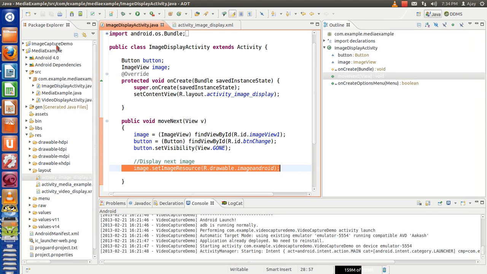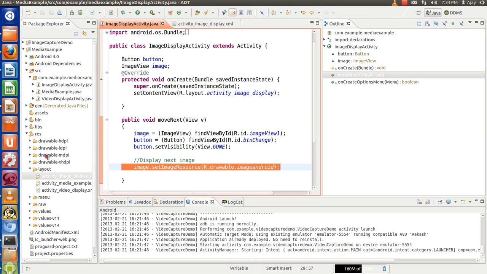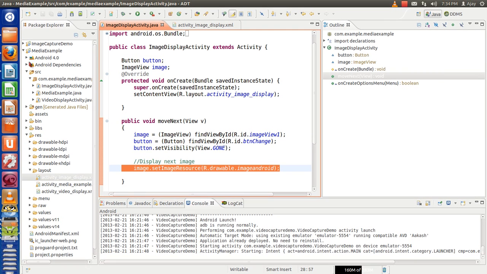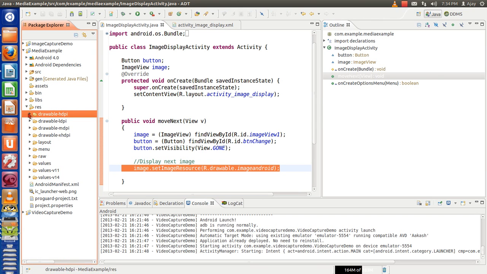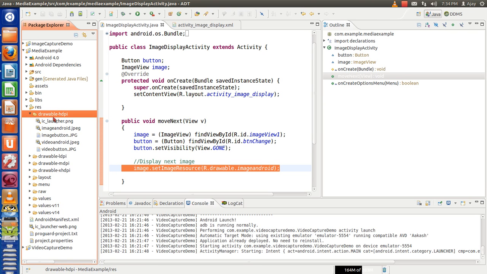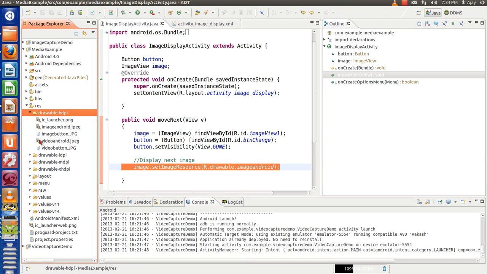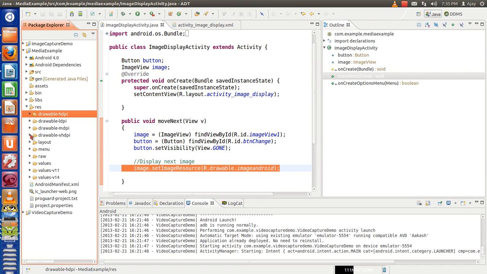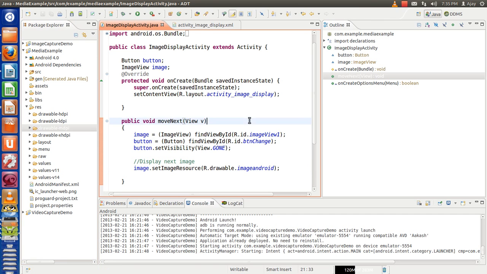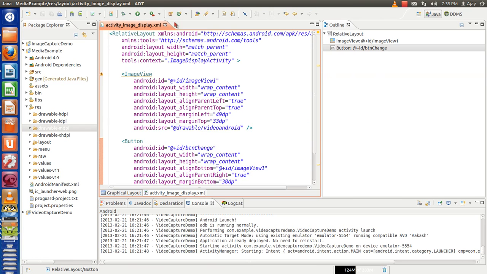I hope you have understood one thing, that these images need to be present under drawable. So let me expand this. Under the project, I have res, and under drawable, I have these images, and I am referring to images from this folder. So images should be present. You cannot just write it this way and expect it to work. It will show you an error straight away. So I have copied my images into all the folders, so depending on the screen resolution, it will work. I have copied into all 4, and that's it.